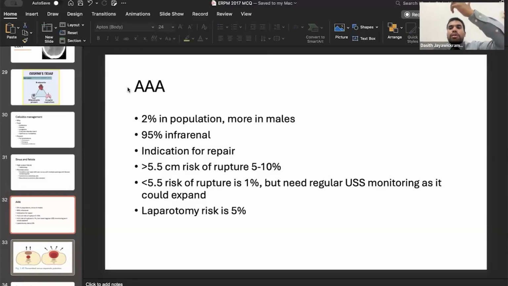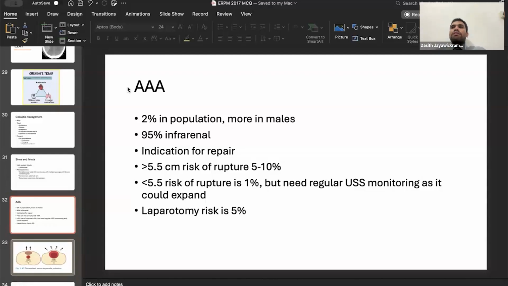You know, when the abdominal aorta comes, it gives different branches. First of all, it gives the celiac branch, then the superior mesenteric, then the renal branches. So infrarenal and suprarenal. Infrarenal aortic aneurysms are the most common. So it is almost 95%. Okay. So depending on the size, the anterior posterior diameter of the